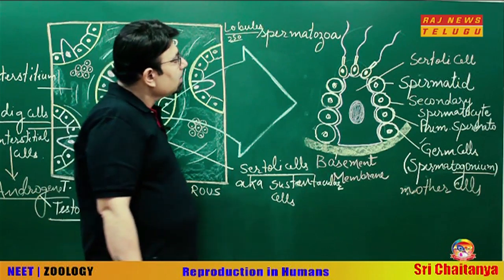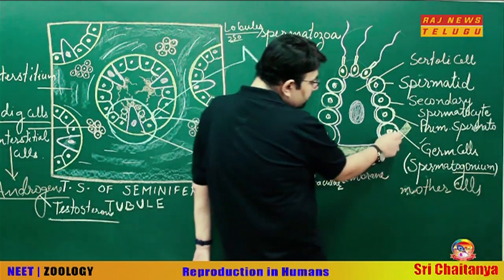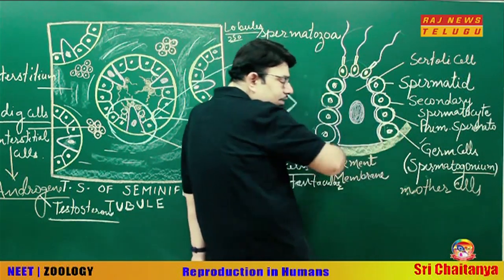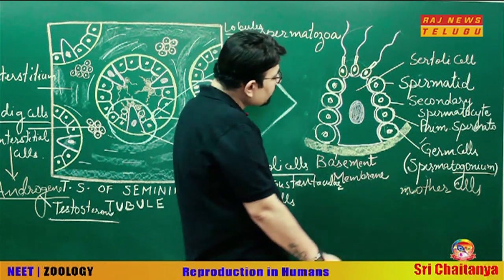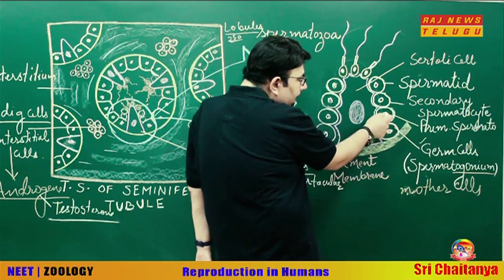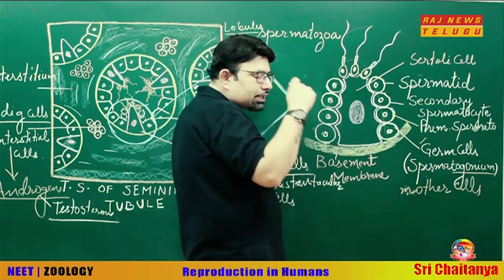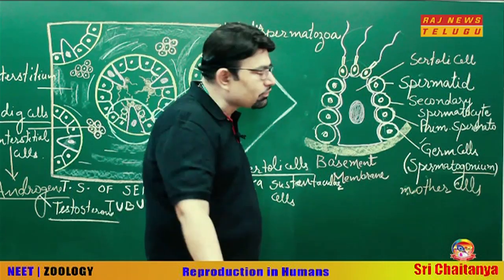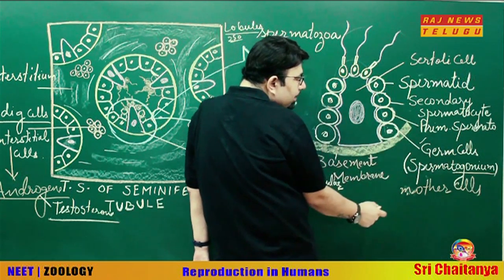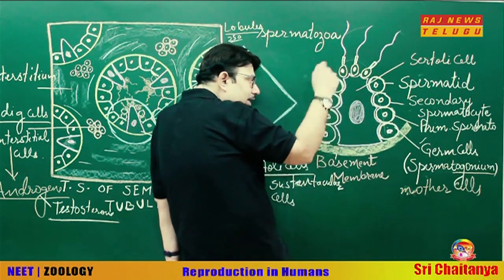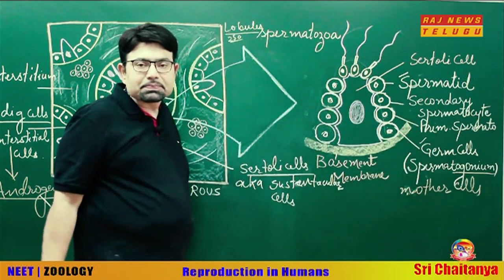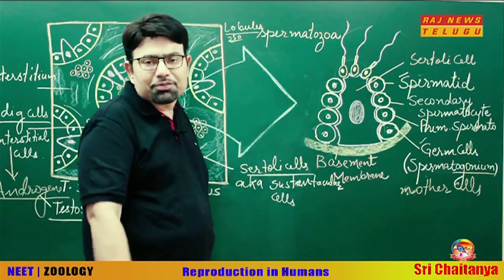Hope that makes sense. Now students, so these are germ cells, the primary spermatocyte. These germ cells, they divide by mitosis. So now they become primary spermatocytes, and then they start maturing, and the maturation is done by meiotic division. You see here, after first meiotic division, they become secondary spermatocyte, and finally, after the second meiotic division, they become the spermatids. The young one of sperms, we can say.